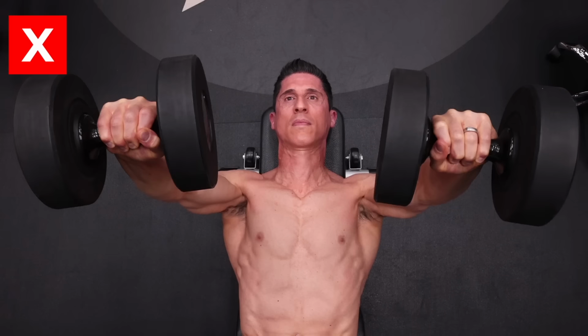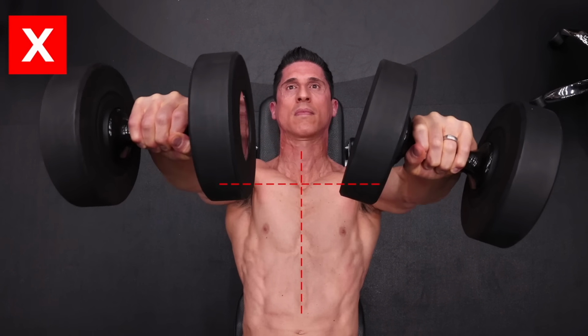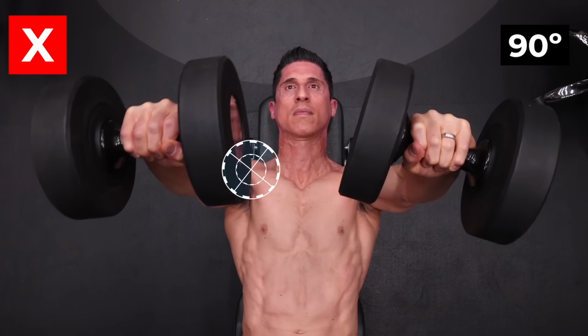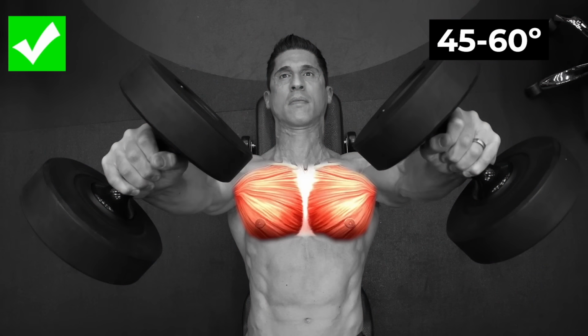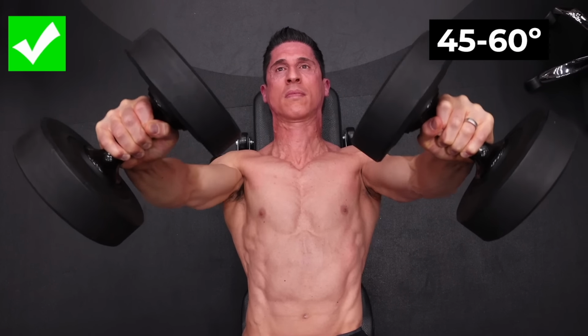In other words, stop bench pressing with your elbows flared directly out to your sides with your upper arms perpendicular to your body. This not only increases the impingement mechanics of the shoulder joint, but it also puts the chest fibers at a disadvantage, making it harder to recruit them as the main driver of the exercise. Tucking your elbows while keeping your wrists stacked above them at all times will place you in the optimal position to press safely. The tree shape you've created by placing your elbows at about a 45 to 60 degree angle